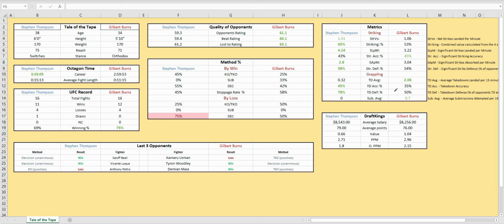he does have a tendency to fade late in fights. That was kind of the issue with the Usman fight. Looked great that first round, and then the wheels came off the cart after that. So, I mean, there are other fights, and I'm having a brain freeze here trying to remember the names of the fighters, where literally in that third round he was kind of hanging on for dear life. This will be a 3-round fight, so all in all,